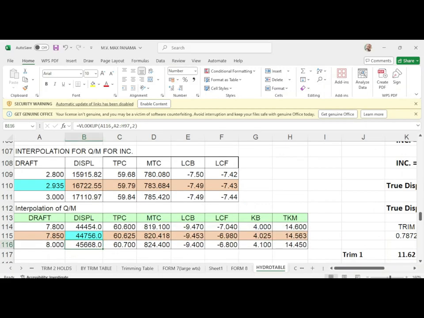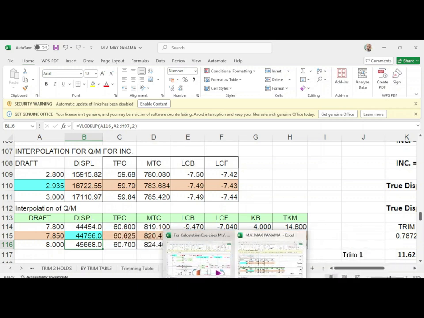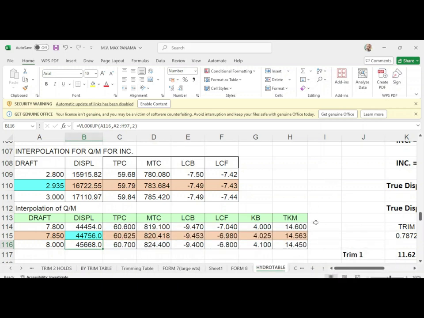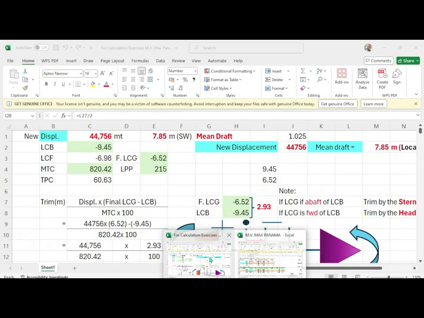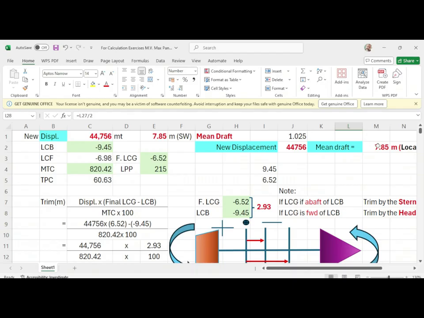Okay, 7.85. It should be here, 7.85. Okay,